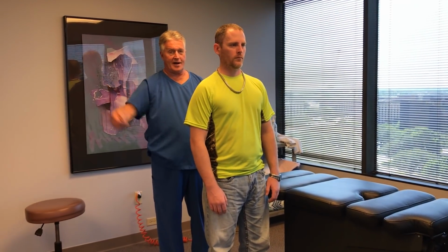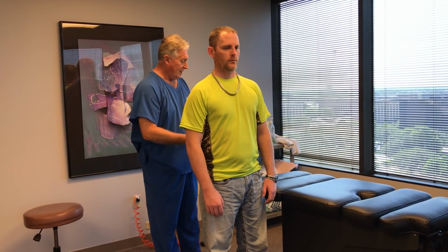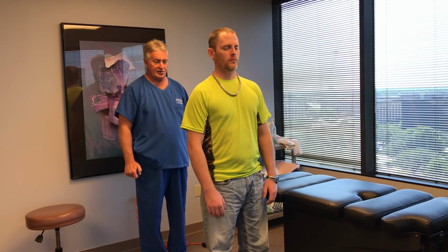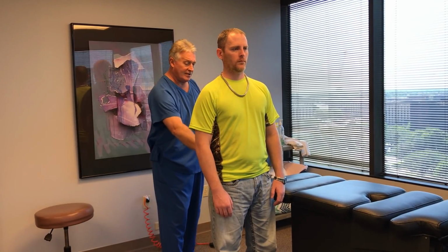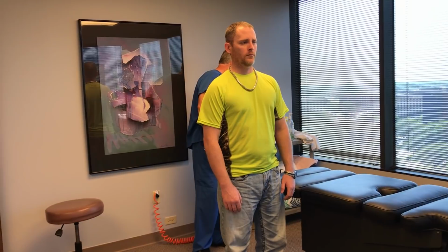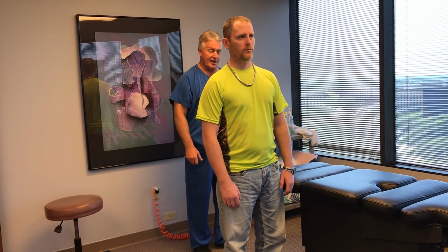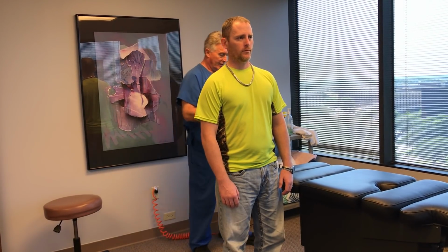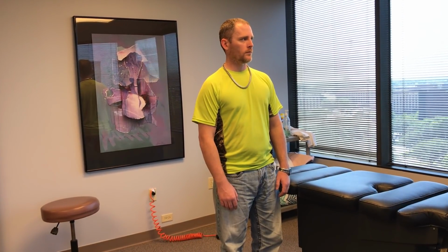I reviewed his MRI first thing before I even came back and did his history. And he does have a large broad-based disc bulge and herniation at L4, L5, L5-S1, and that is causing lumbosacral radiculopathy all the way down into his left leg, especially down to your left knee, right? Mm-hmm. And it did go all the way down to your toes before. Yes, sir. So, like I said, I've already done his orthopedic neurological evaluation, so we're going to start on his